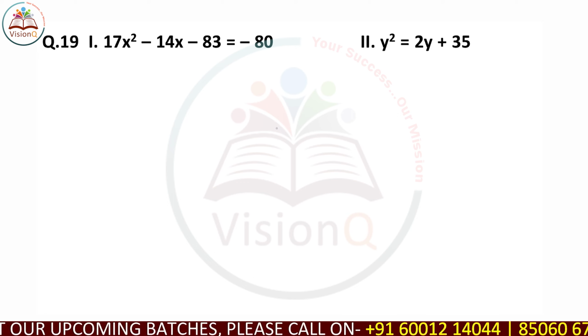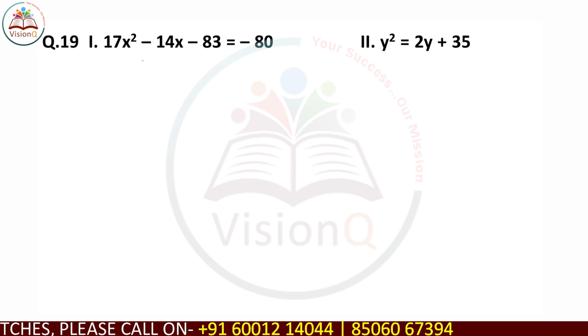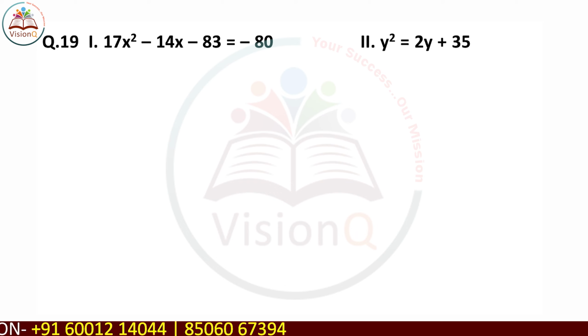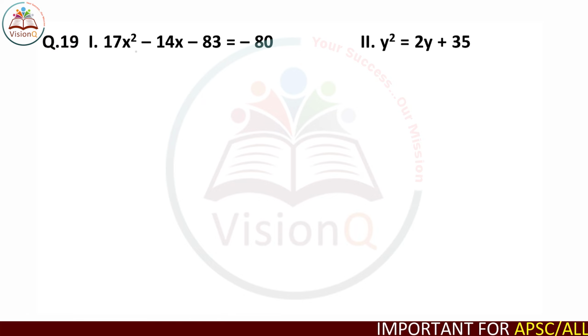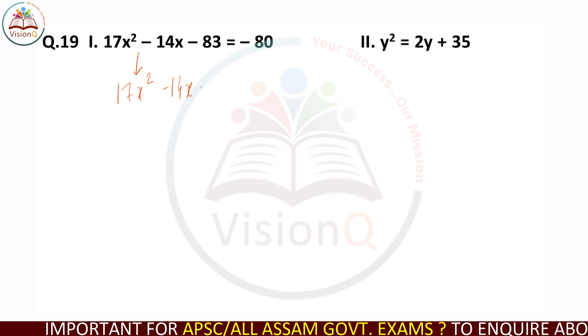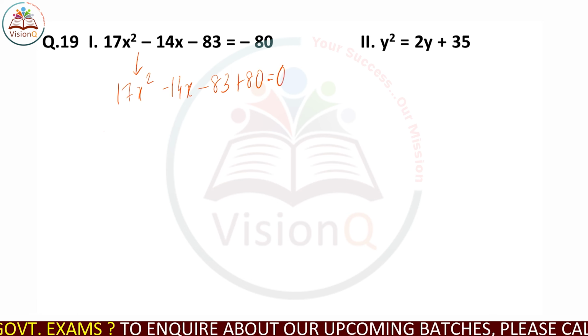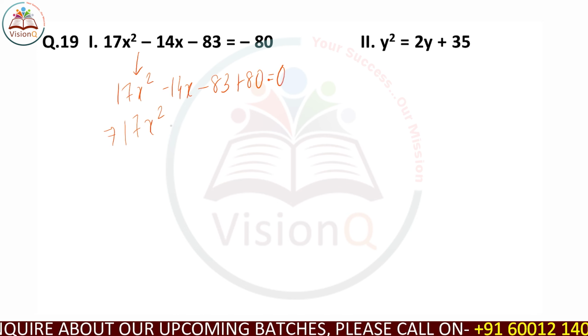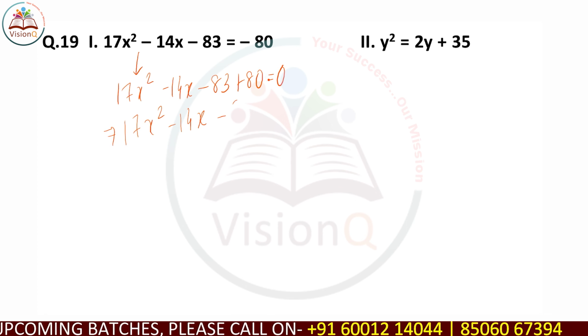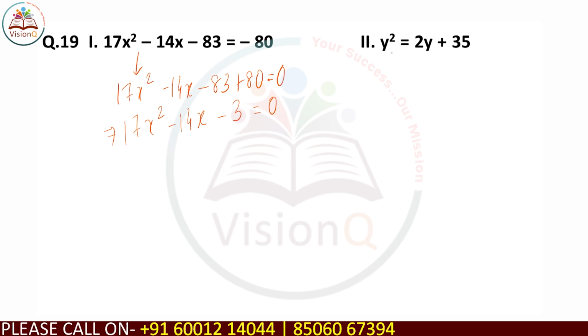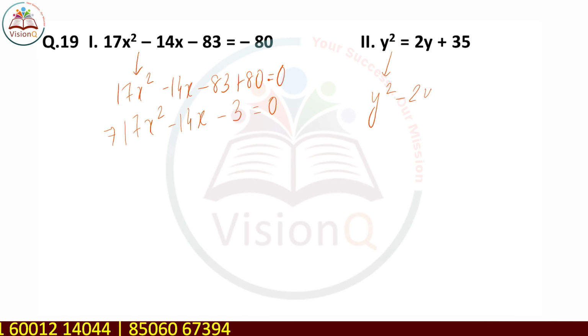So next is question number 19. Now I have to convert any equation to the standard form, which is ax square plus bx plus c equal to 0. So let me convert both these equations to the standard form. If I convert the first equation to that form, it becomes 17x square minus 14x minus 83 plus 80 equal to 0. So it becomes 17x square minus 14x minus 3 equal to 0. And the second equation becomes